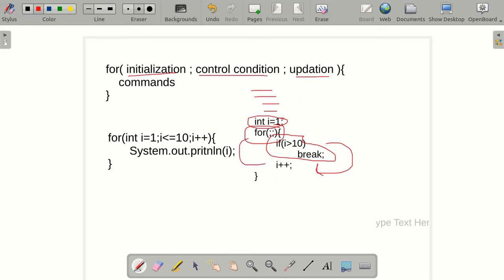Now again it will go over here. Nothing turns false, so it comes to this part again. Now the value of i was 2, so the condition is still false, the loop doesn't break, and the value is now updated to 3. This works until our value becomes 11. Once the value is 11, the condition turns true and it enters the if part. Now over here there is a break command. The break command will take the control of the program to the next line after the loop, and the loop terminates and the other lines of the program are executed.